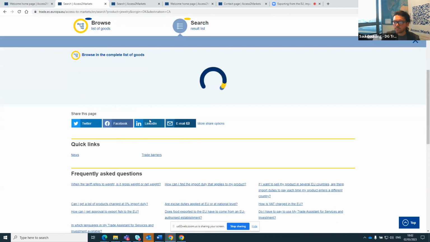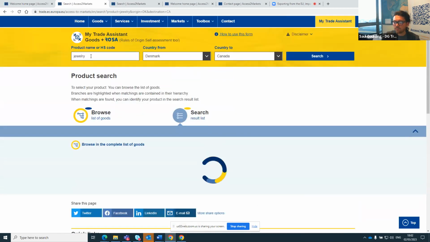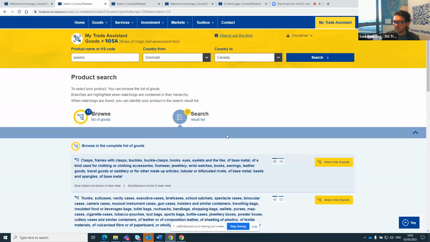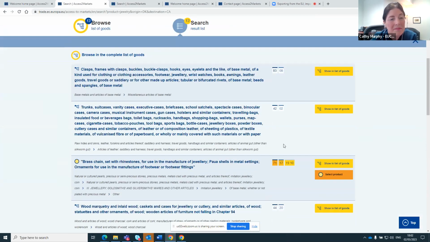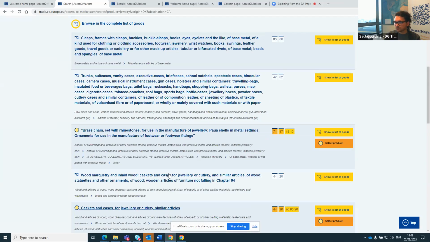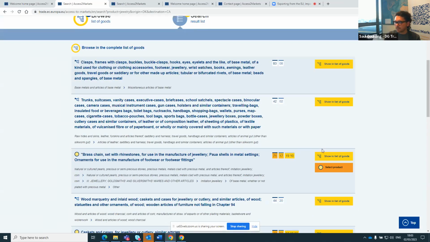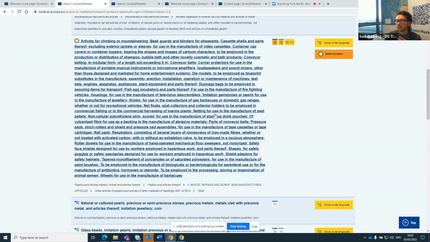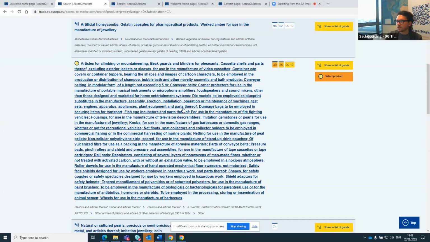Hopefully this will populate the HS code for jewelry. Voila. For this user, case by case, we would need to know a bit more, and they would also need to consult. I'm just showing them how here, but they can consult directly the best fit for their HS code or for their product. You see the level it goes to, and maybe they would be able to define here which HS code suits them best.